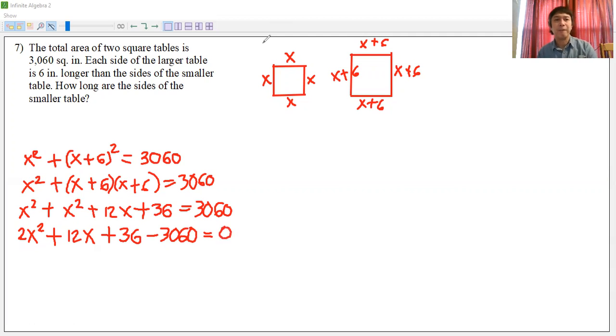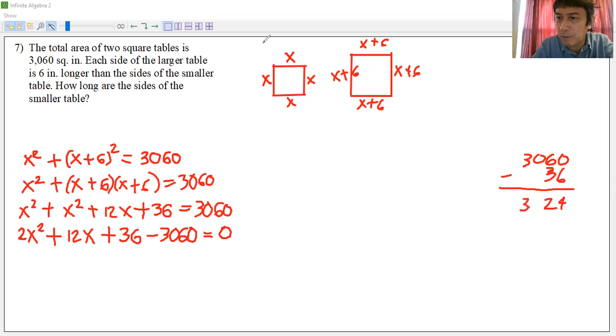Okay, and so we shall now get the difference between 3060 and the 36, okay? This is 36, all right. We shall just get the difference. This is 4, and this is, how much is that? 5 minus 3, 2. We have 3024. So this will now be negative, okay?